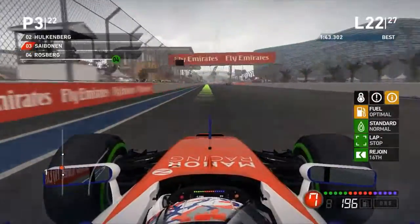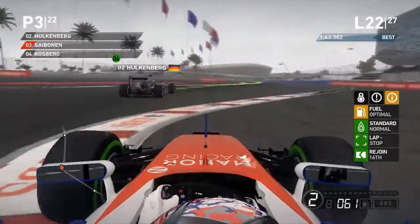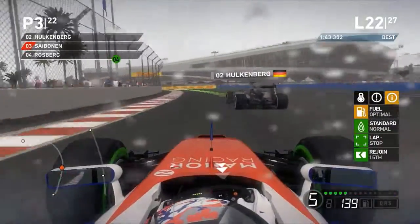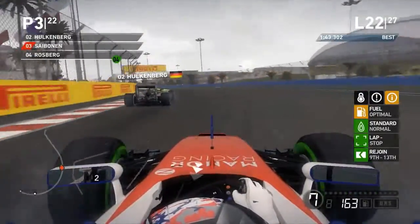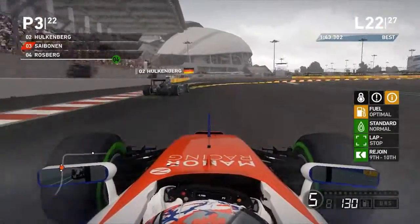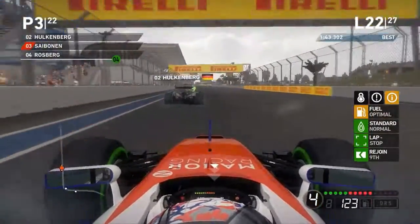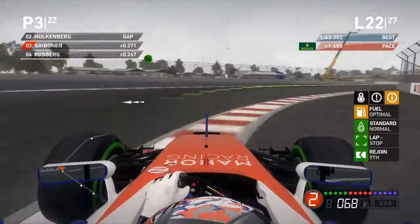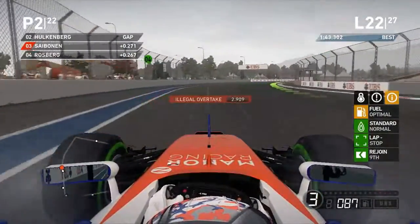Yes, we can, and we're up into the podium position, and Hülkenberg is absolutely sliding around, and you see he doesn't have the traction. Look at Rosberg. Rosberg has an absolutely brilliant chance to overtake us both. I'm stuck behind Hülkenberg, I can't overtake him, and Rosberg has absolutely brilliant pace, and we do overtake him, but that's an illegal overtake, so I kind of tried to let him through, and Rosberg goes through,